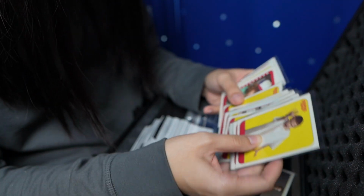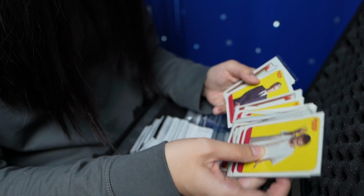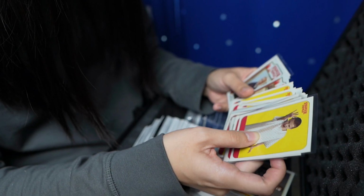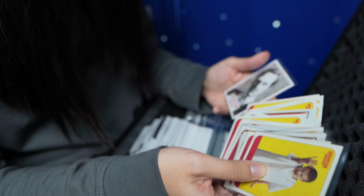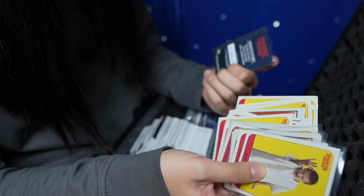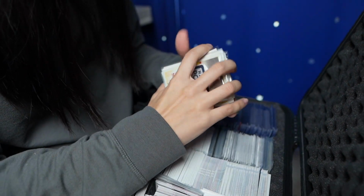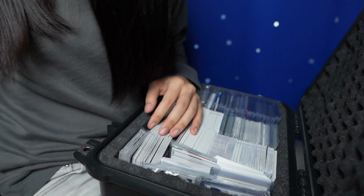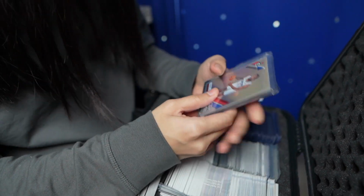I don't know how popular these are still, but I definitely watched Stranger Things season 1 and 2 all in one sitting with a bunch of friends. It was quite fun. Oh, interesting. Look at that. Okay, so I have some Stranger Things in here. I'll put it onto the side. Very interesting cards. Oh man, here we go. You're gonna see all my